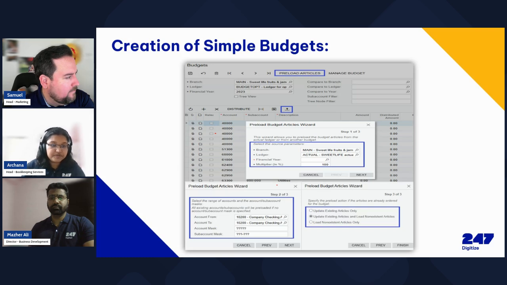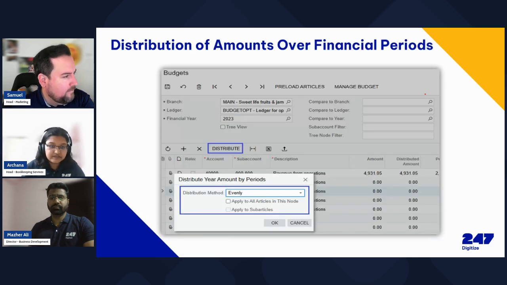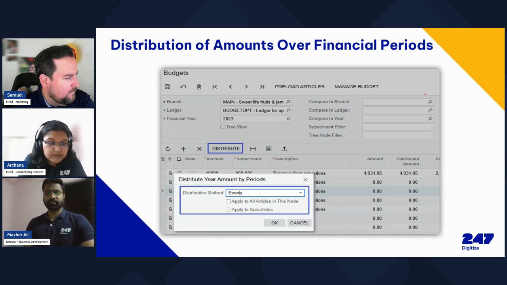We will now look at distribution of amounts over financial periods. On the budgets form, for the budget article to be released, the amount of the article must always be equal to the distributed amount. You can distribute the amounts for each period in one of the following ways. To distribute the amounts manually, you specify the necessary amounts for each period in the column corresponding to the period. To distribute the amounts automatically, click Distribute and select the distribution method box to define how the amounts should be